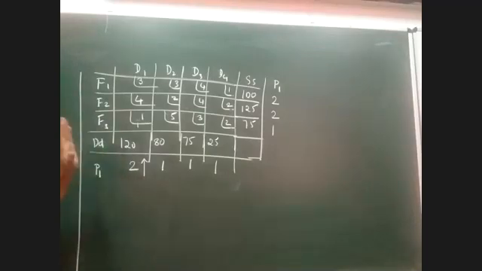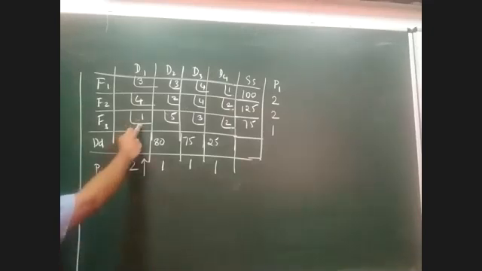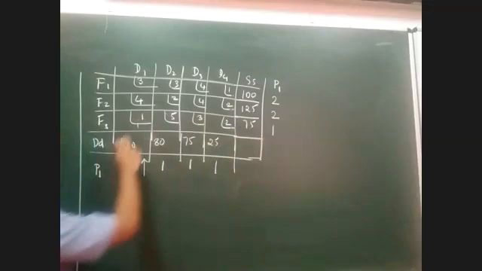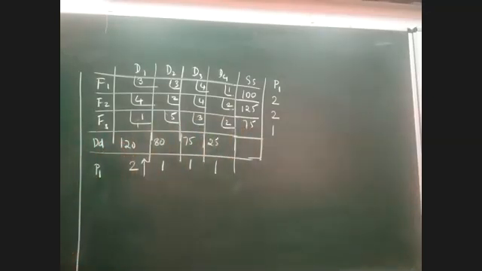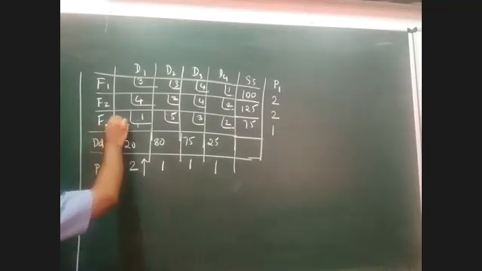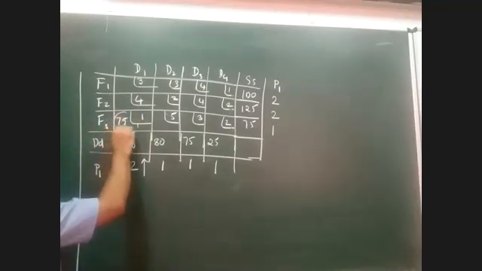Now that I have selected the first column B1 for allocation, where am I supposed to do the allocation in the selected column? Yeah. Amongst the selected column, I should make the allocation to the lowest or smallest value. So in the first column, the smallest value happens to be 1. I am doing the allocation for the element 1 by comparing the corresponding supply as well as the corresponding demand. Out of 75 and 150, the lowest value happens to be 75. Therefore, here I can give the allocation.